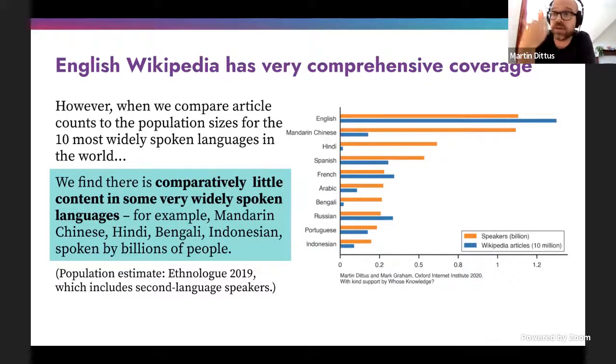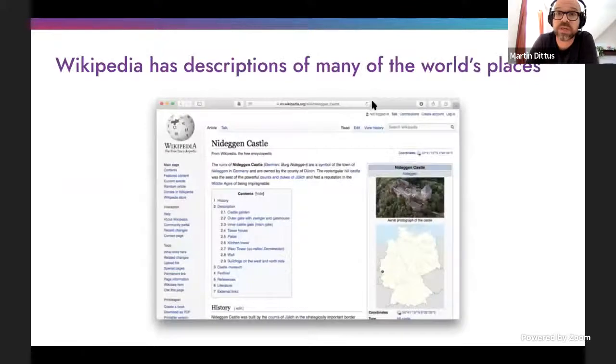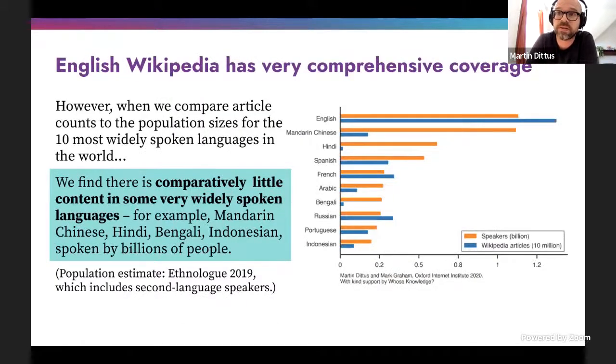As has been mentioned, English Wikipedia certainly has comprehensive coverage. There's a lot of information that's already in there. There are also many gaps, and we'll talk about that in a bit, but there are certainly a lot of information in Wikipedia. However, even if we look at it at this high level, how much information is available in which languages in Wikipedia, you can see this chart on the right where we are comparing the number of Wikipedia articles in a language edition of Wikipedia compared to the number of speakers of that particular language. And then we can see for English Wikipedia, this lines up quite well.